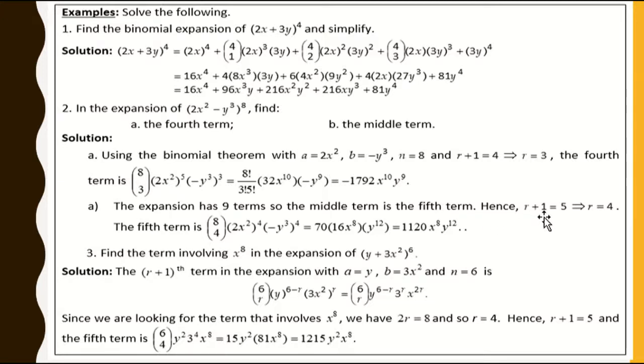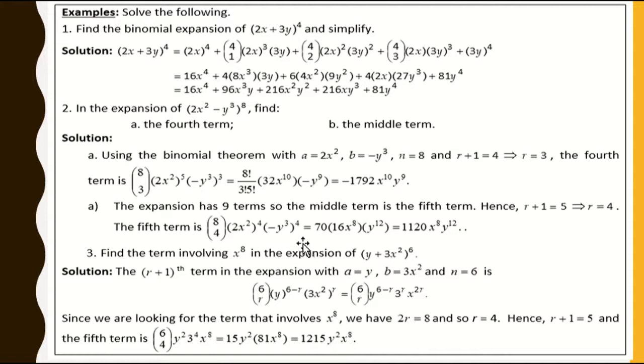Hence, r plus 1 is equal to 5. So, r is equal to 4. With r equal to 4, that is the fifth term. So, 8 taken 4 at a time, 2x squared quantity to the power of 4, since 8 minus 4 is 4. Then, negative y cubed to the power of 4, since this is the fifth term, the power is 4. And that is equal to,